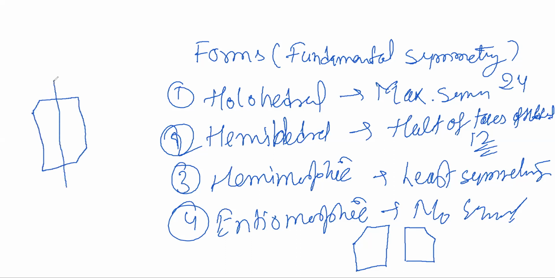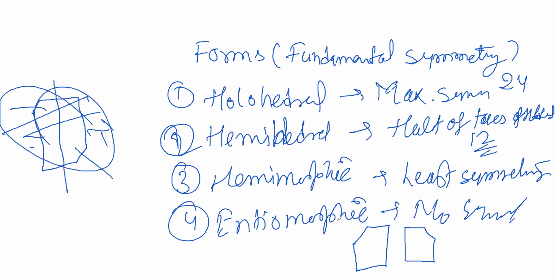And if we are going to cut here, symmetry is there a little bit, but it is on the left side, it is on the bottom side. It is at the top, it is at the bottom. So there is no symmetry in this. And if we cut laterally, again it becomes an upper side and it comes on the inner side, so there is no symmetry. So an enantiomorphic form has no symmetry. Getting my point or not? This is the important thing which you have to remember. All right.